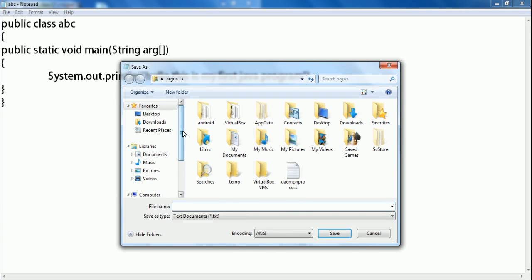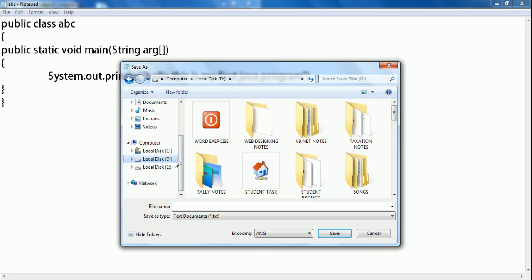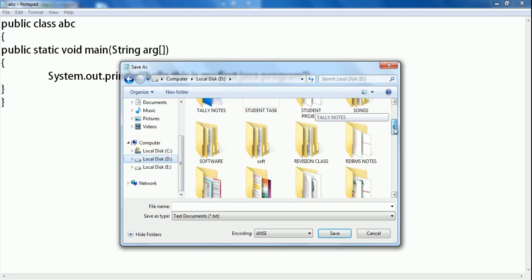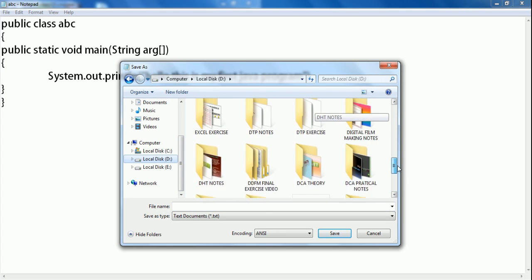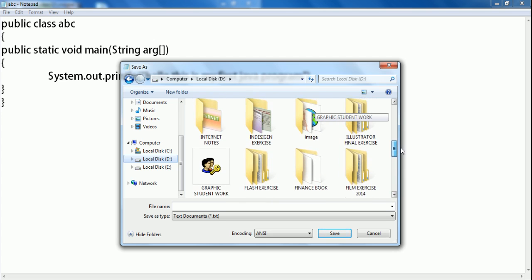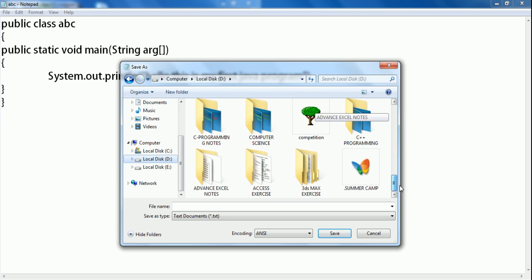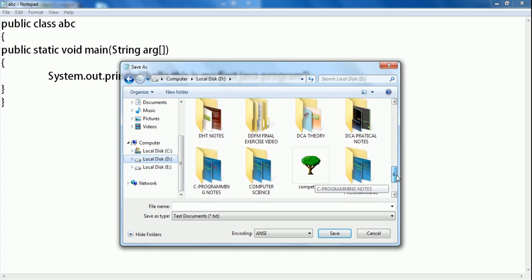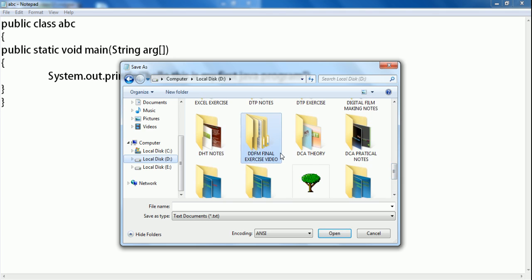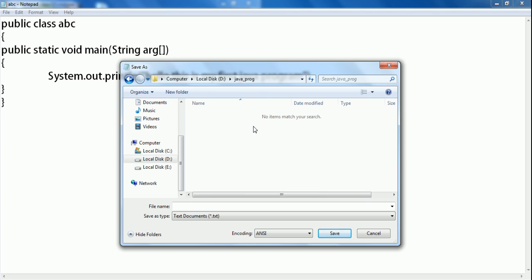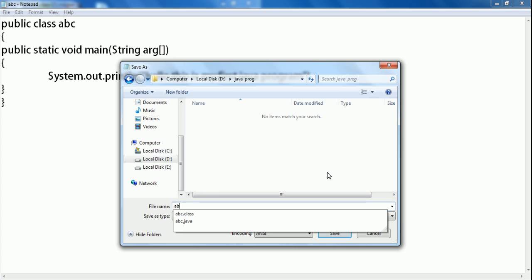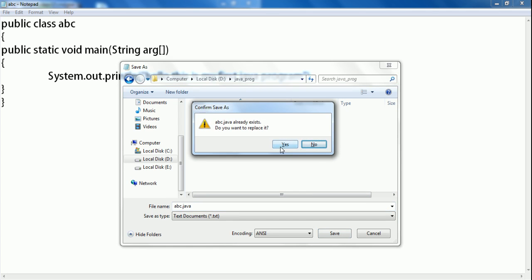Since we changed the directory name, it asks for the new path, so we go to the D drive, Java prog folder, and save abc.java. It will overwrite, so say yes.